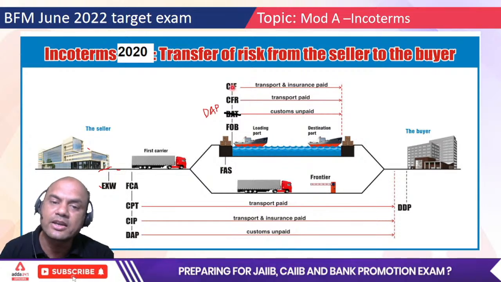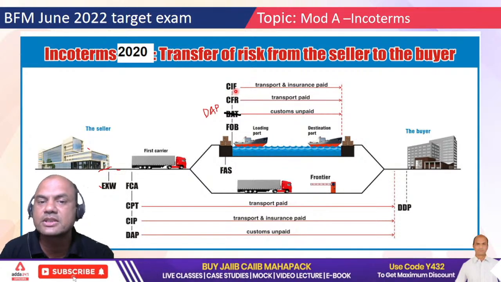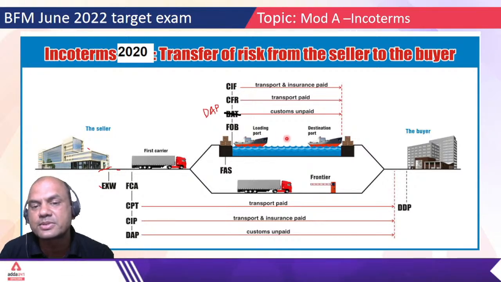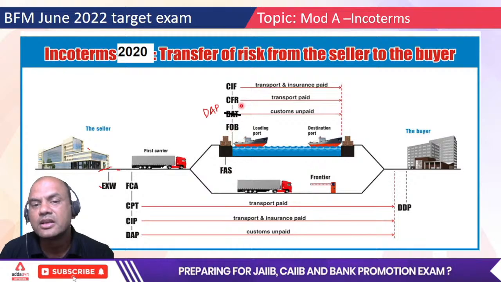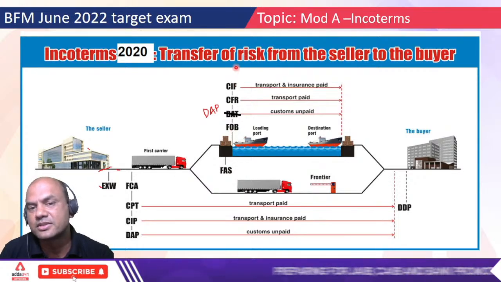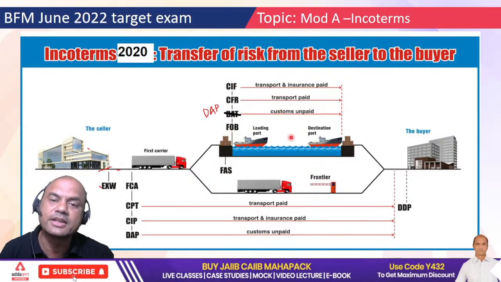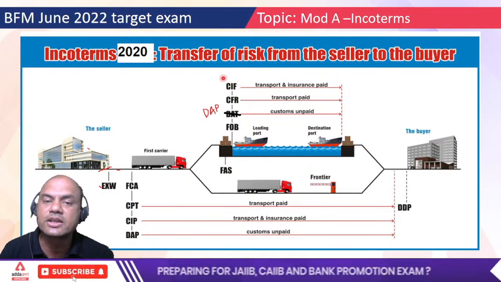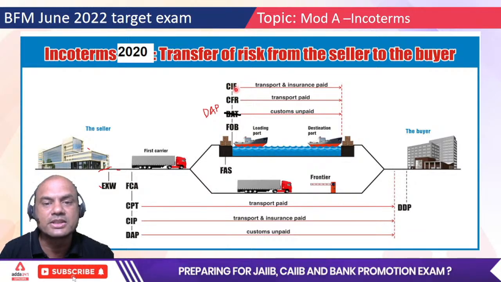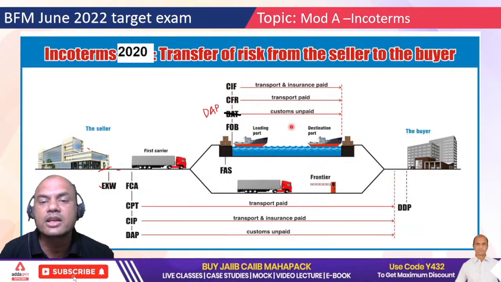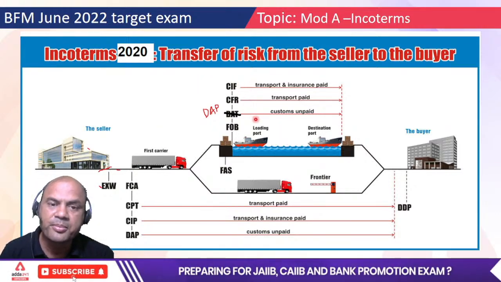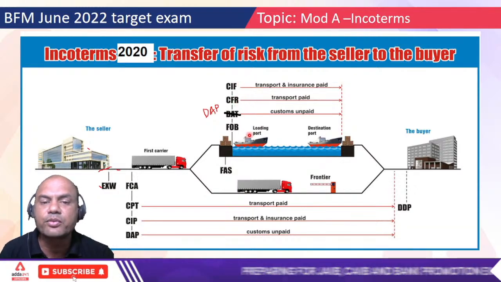So if it is CIF, what does CIF mean? Cost, insurance and freight. Here in CIF, even if this ship sinks and my goods are damaged, the insurance company pays. So this responsibility is of the seller in CIF, cost, insurance and freight. Okay, so understand one basic difference. In CFR, the responsibility of the insurance is on the buyer side. In CIF, it's on the seller side. So these are the main Incoterms for shipping.